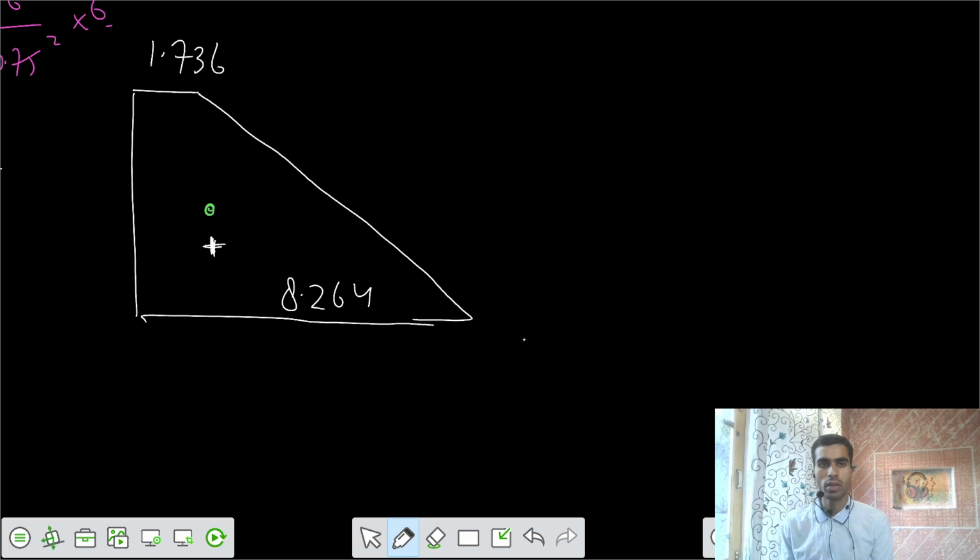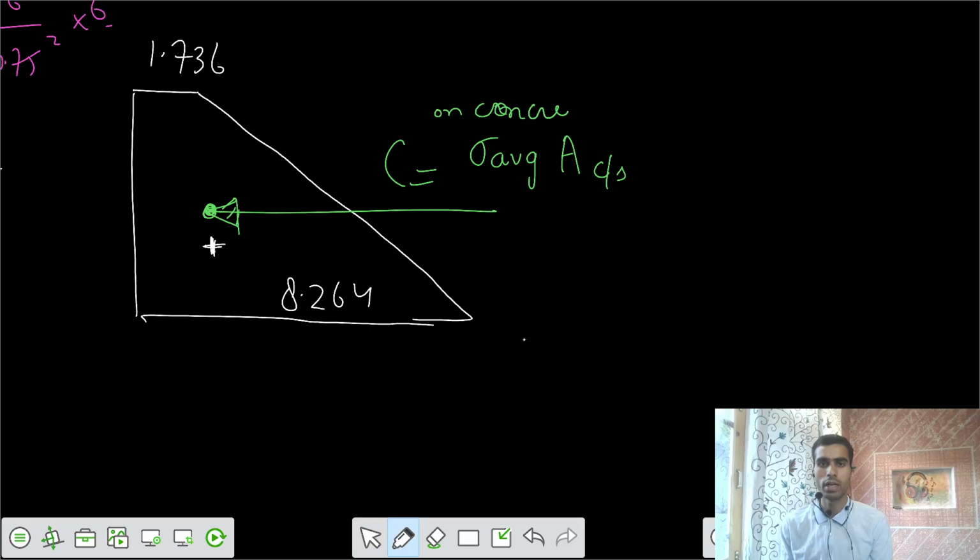So the centroid of the overall stresses makes a force C. That is the average stress into the area of the cross section of concrete. So the average stress is 1.736 plus 8.264 divided by 2,